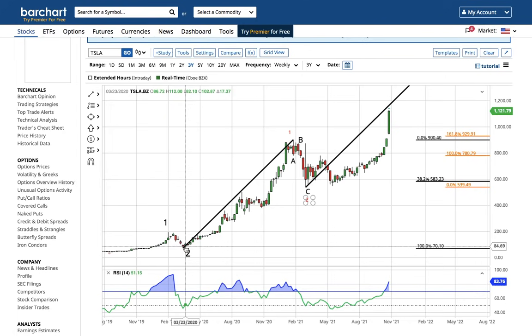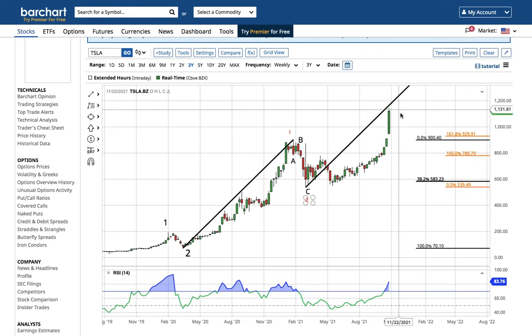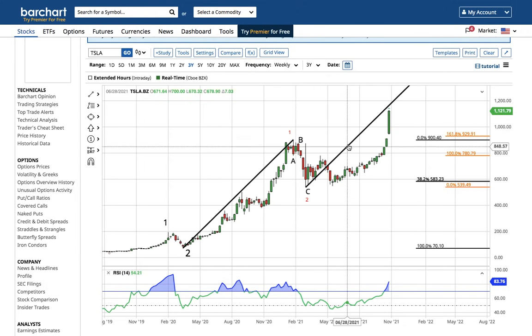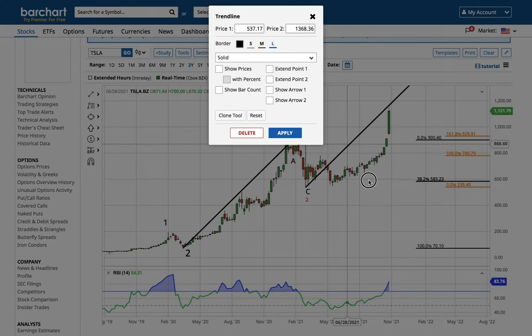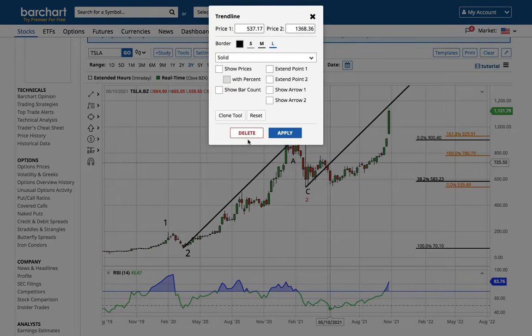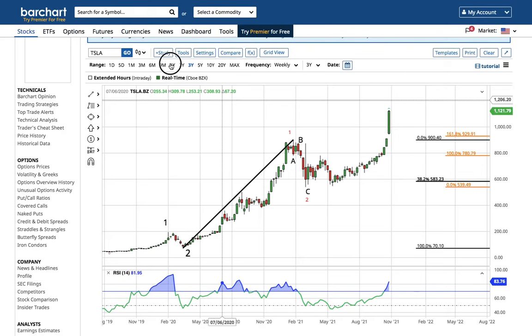And let me tell you, once we're past 1368, the next price target is a Cathie Wood price target. Because that means that this is not a wave 5 in progress. It's a wave 3. And the length of wave 1, placed at the wave 2 low, is conservatively going to take Tesla to 1368. If we go past that, that's going to be the minimum wave 3. We'll have a shallow wave 4 correction and go on a wave 5 higher. That's why I said it'd be a fool's errand to game that wave 4. But I think it's important to know that even if we do get a shallow wave 4 correction, we already know it's going to be a buy for wave 5.